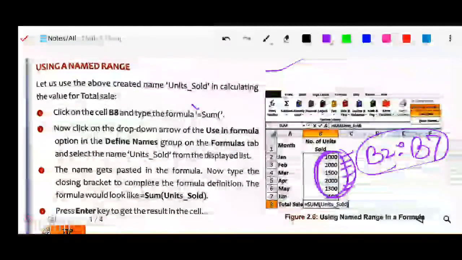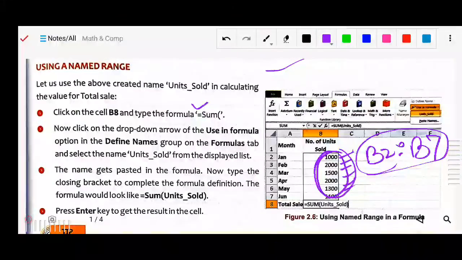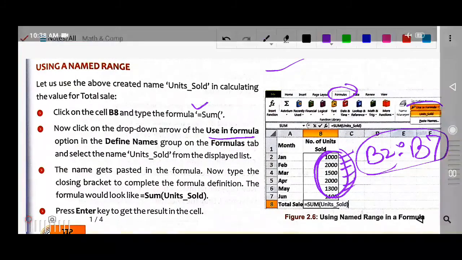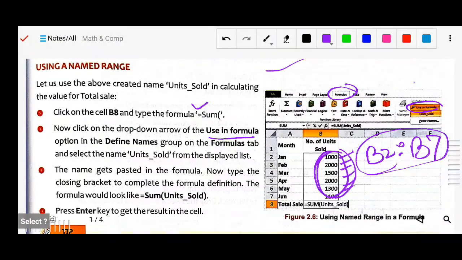First of all, use the equal sign, then go to the Formula tab and click Use in Formula. There you will see the name Unit Sold option.